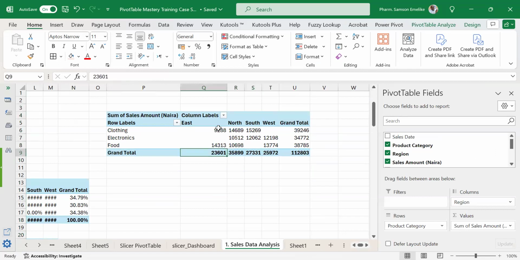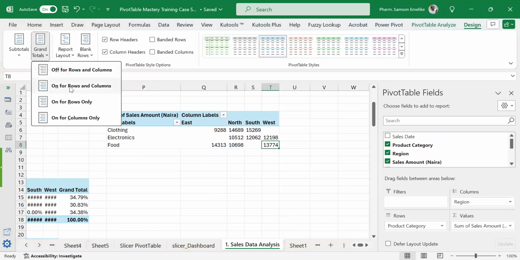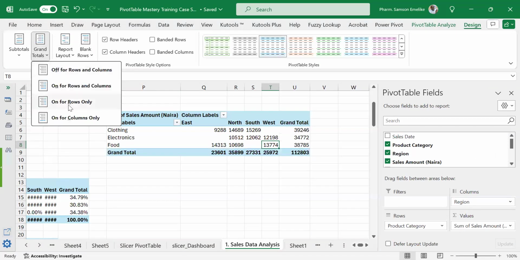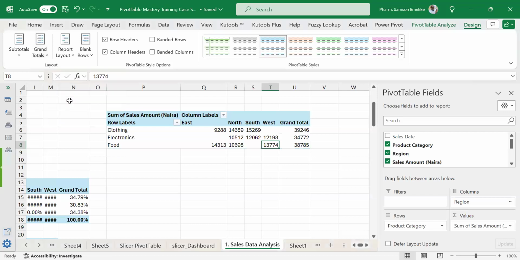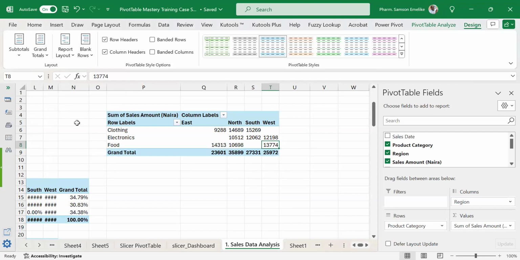And down here is a summation of this and this. So with this, you can take off your grand total, switch them off. It goes off for rows and for columns, and you can bring them back again. You may decide you want it on for only row, so the column goes off. Or you want it only for column, and the row goes off. Okay, so these are different ways that you can run your